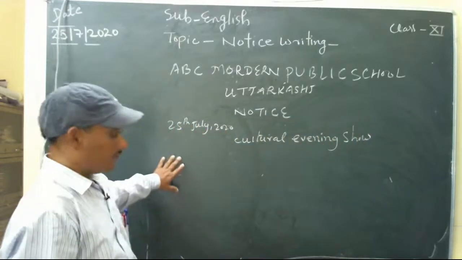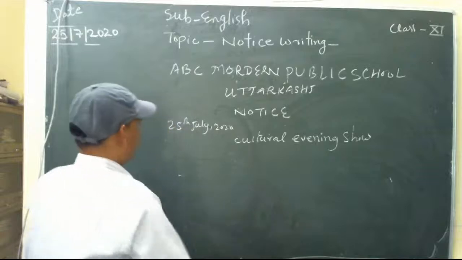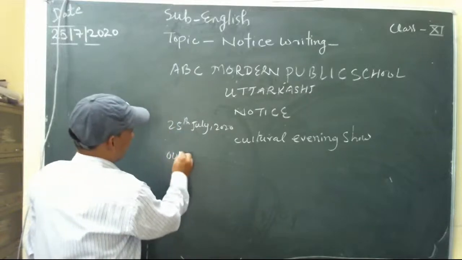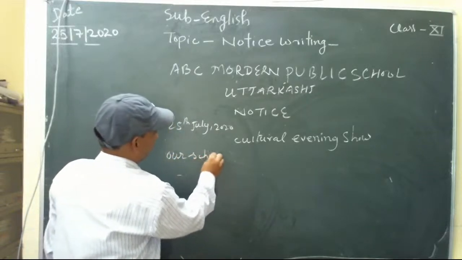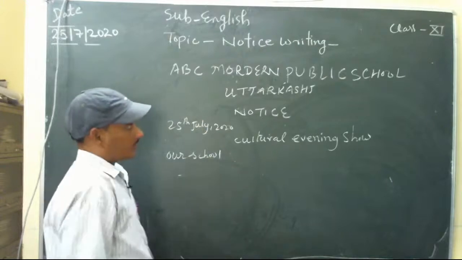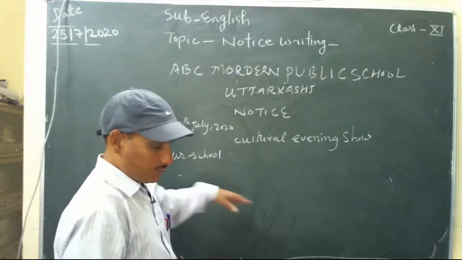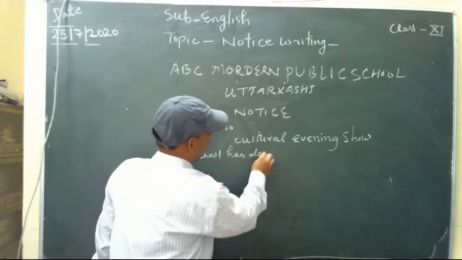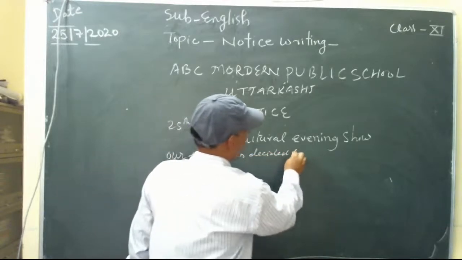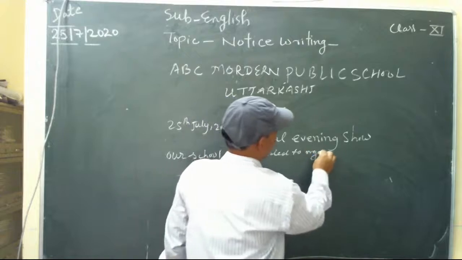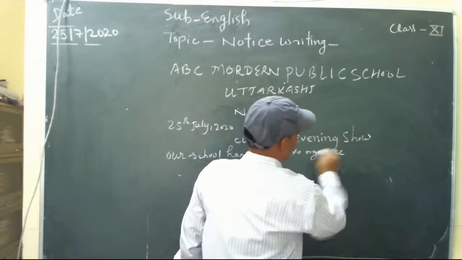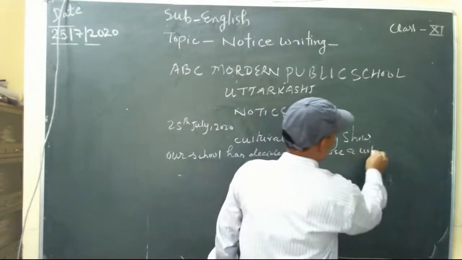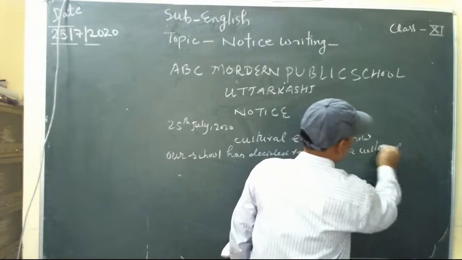And now you can write the content. So what will you write? Our school, and the name of the school is already given, our school has decided to organize a cultural evening